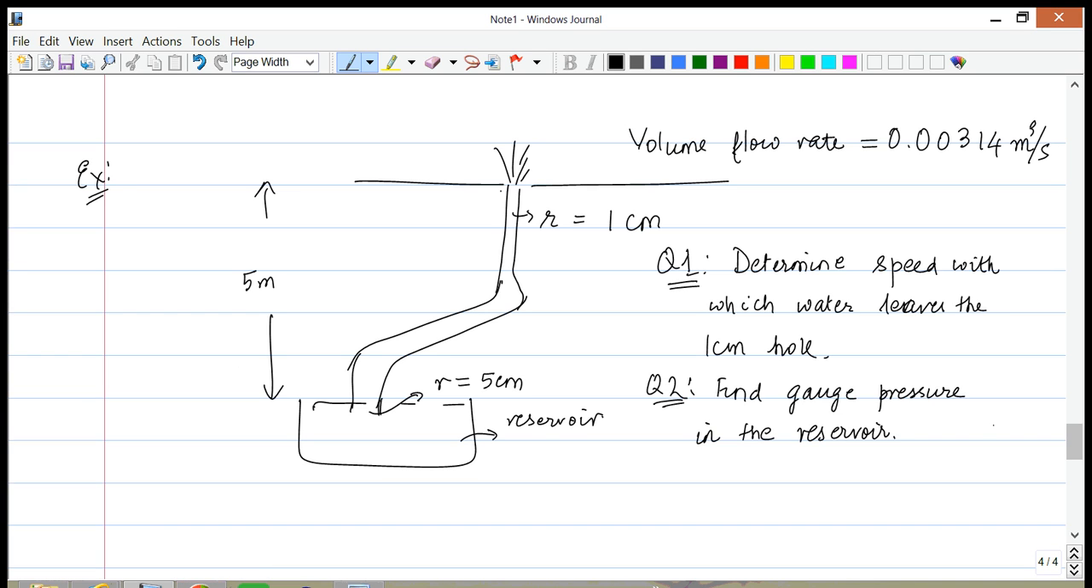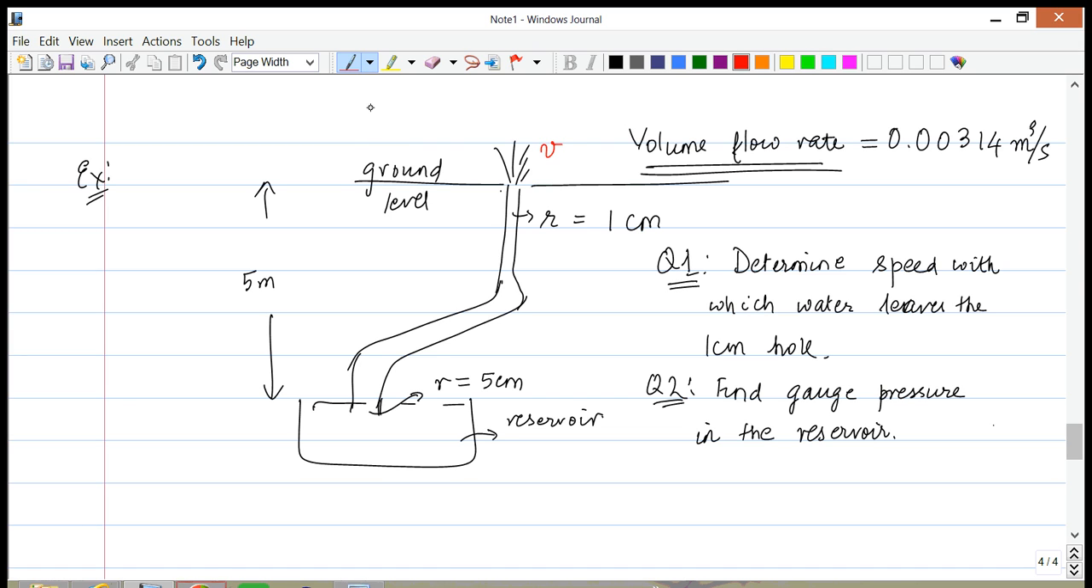Okay, so in this problem, what you have is the ground level, and there's a pipe whose radius is 1 centimeter at the ground level. This pipe is being fed by a pipe that extends essentially to 5 centimeters, that pumps water out of a reservoir, and we've been told that the volume flow rate, which is the water exiting the surface, is 0.00314 meter cube per second. The first question would be to determine the speed with which water leaves the